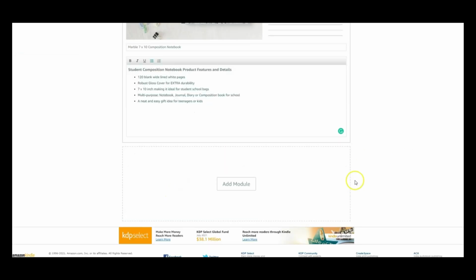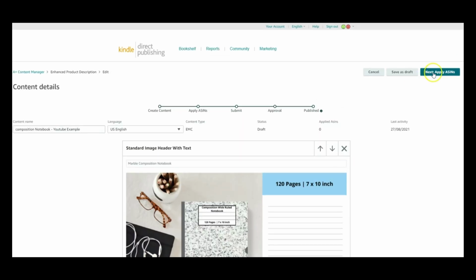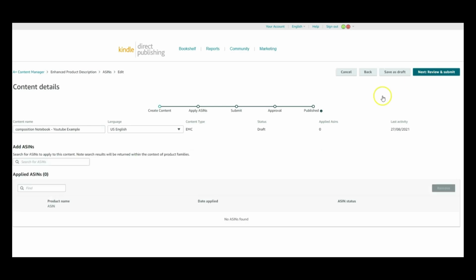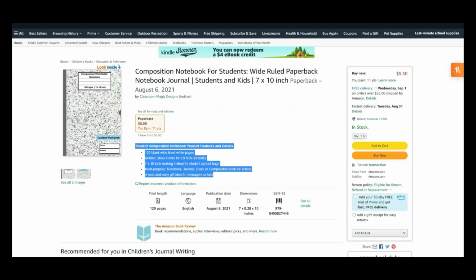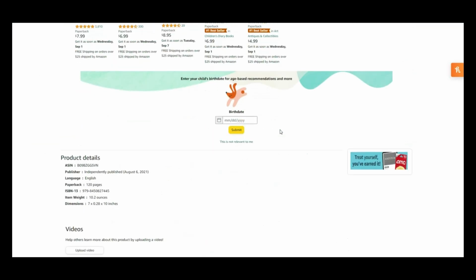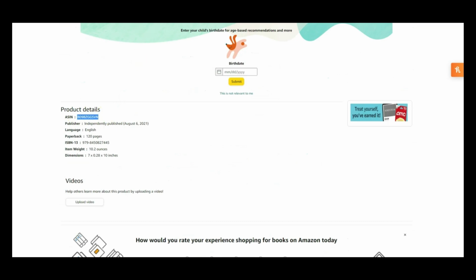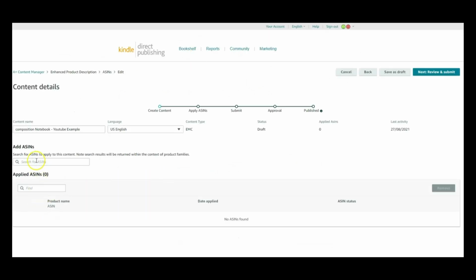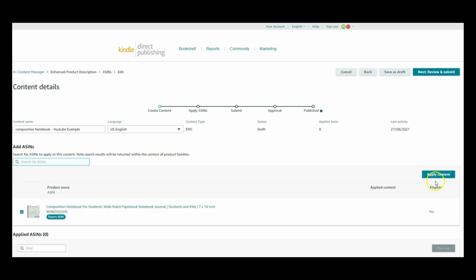Then the next thing we need to do is go and apply our ASIN, either numbers or number. If you want to have a few different mock pictures that you want to apply across a number of different books, you can have different ASIN numbers. So all I'd need to do is go to our ASIN number with that ASIN number. Then we go back to Amazon. We go to this, we go Control V, and we wait for it to come up. We click on it. It now will appear in this box just here, and we apply the content we've created